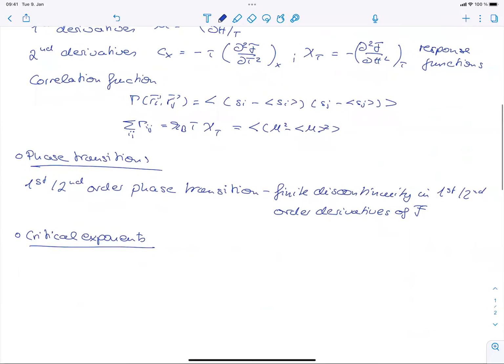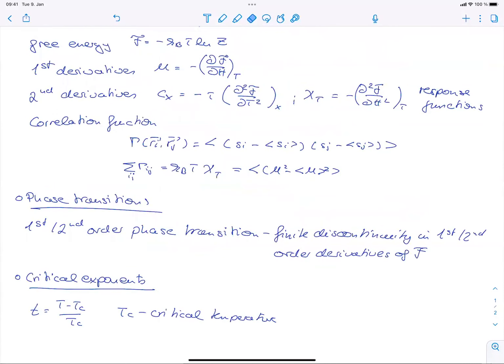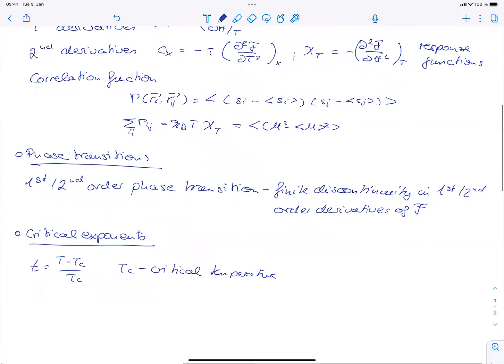And to this end, we rescale temperature relative to the critical temperature at which the phase transition happens, which I call the critical point. Now I can look at these observables like the response function or the magnetization as a function of small t,